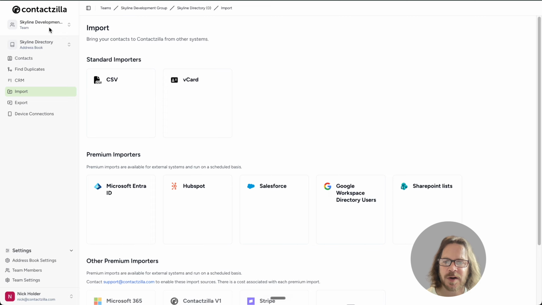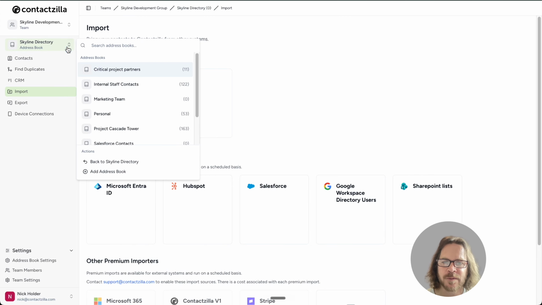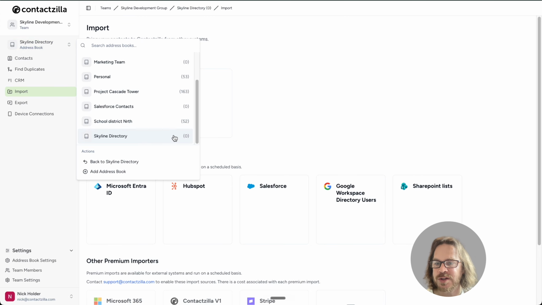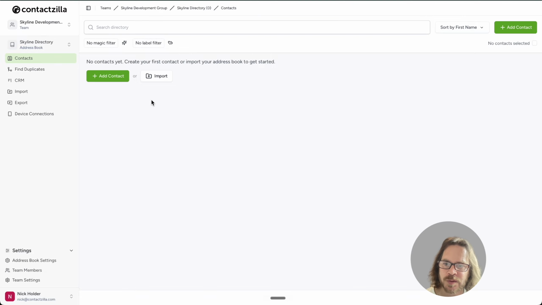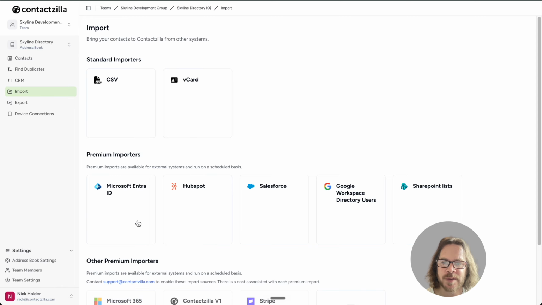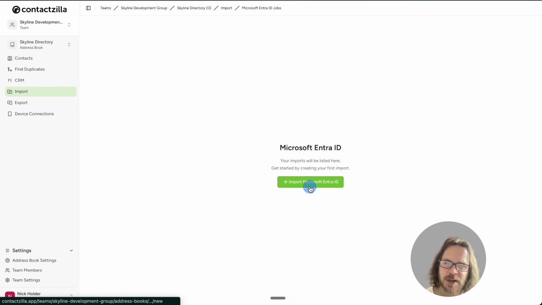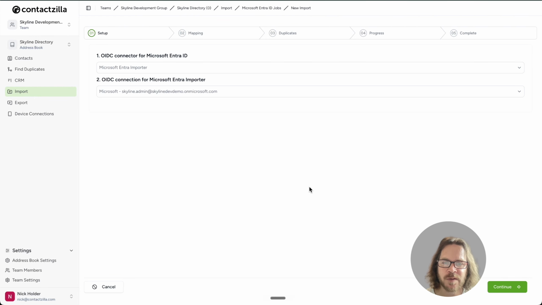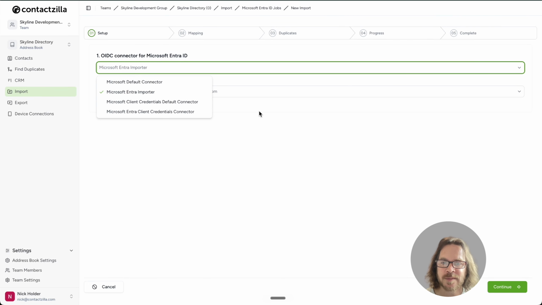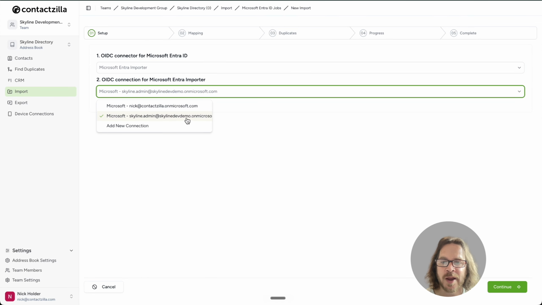So my team is Skyline Development Group, and I have an empty address book here called Skyline Directory. I'm going to click on Import and choose the Entra importer. And if you haven't connected your Microsoft tenant yet, you can follow our separate Entra setup video first, which I've linked in the description. So here I'm choosing the Entra importer, and I'm selecting the Microsoft connection I have already